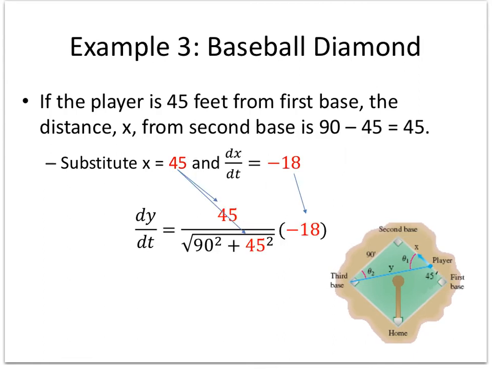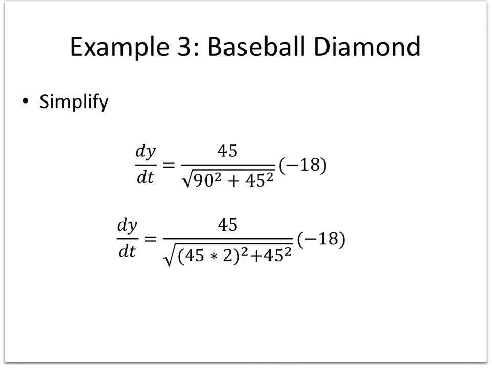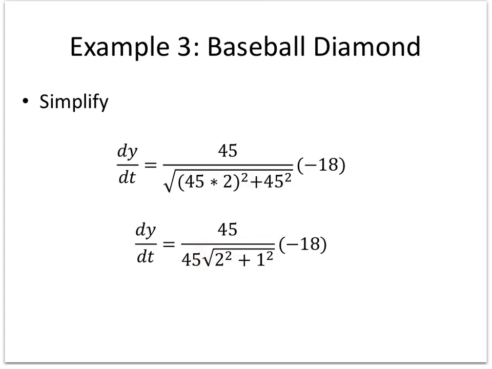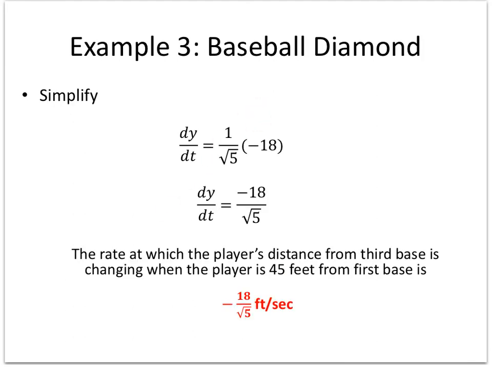So as you can see, the hardest part is figuring out, where do I even start? How do I come up with an equation for this? Plug in, and then of course you'll get. You're going to see here, all of you might be looking at this going, well, why did she leave this like this? I factored out, because then I can take the square root of 45 squared is 45. That still becomes 2 squared. There's just 1 there, that cancels. I did this the way my math lab wants your answer. They do not want it as a decimal. So that's the only reason why I didn't multiply all that stuff out. Okay, so this gives,